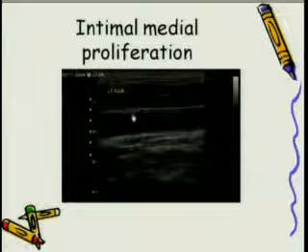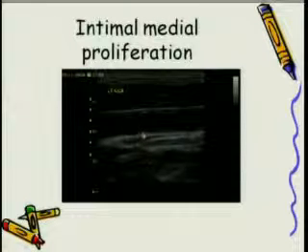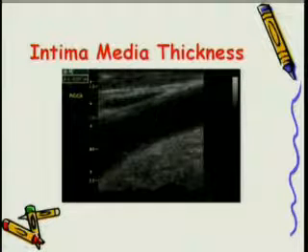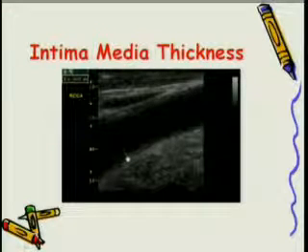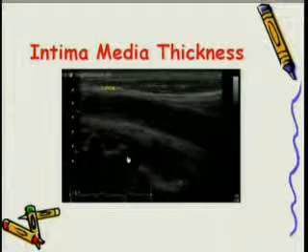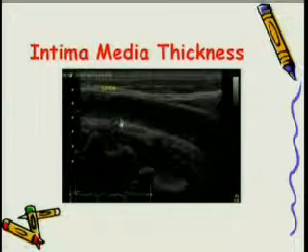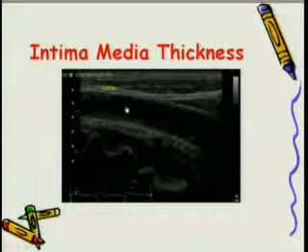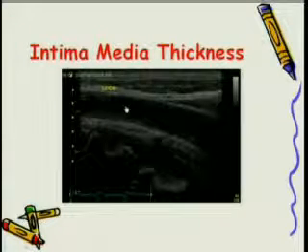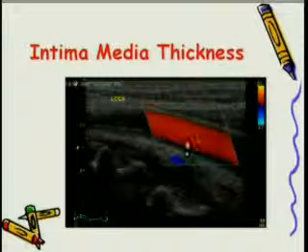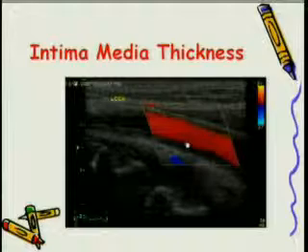Very good example: look at the anterior side, look at the posterior side. We can look at the whole of the intima media in this particular section of a common carotid artery. We can measure them by taking the maximum, or we can look at the mean of these intima media. Here is the intima media which is significantly thickened in the presence of no stenosis, and these are the people who have already developed atherosclerosis. Look, the thickness is more, but there is no flow obstruction or flow restriction in these kinds of vessels.